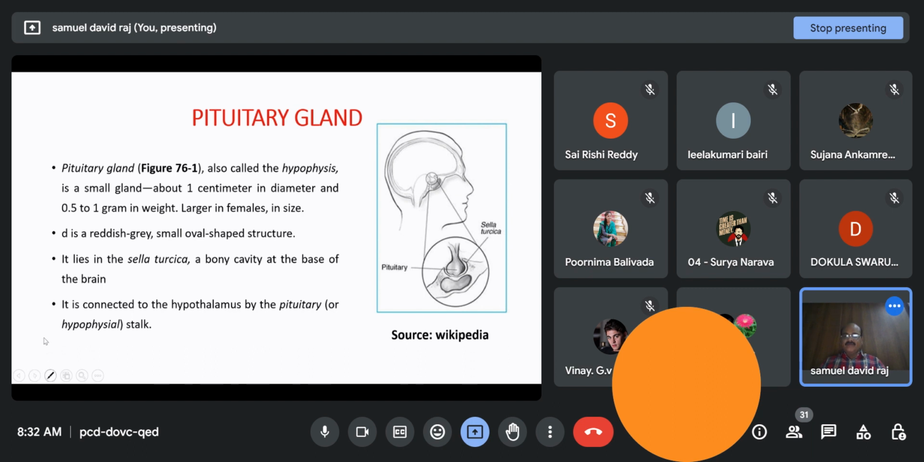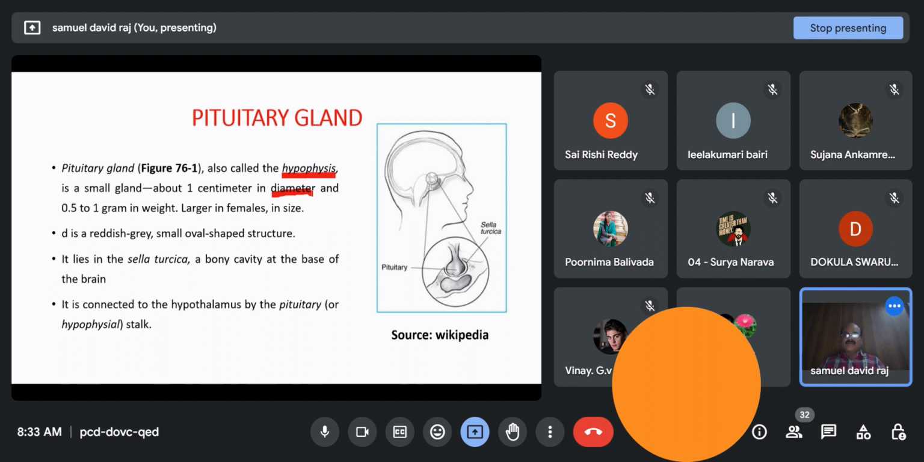pituitary gland should be called as hypophysis. It should not be called with the name pituitary gland. Why? You're going to learn from this topic. Pituitary gland is also called as hypophysis. It is a small gland, just 1 centimeter in diameter, but controls the 100 kg body of the entire human